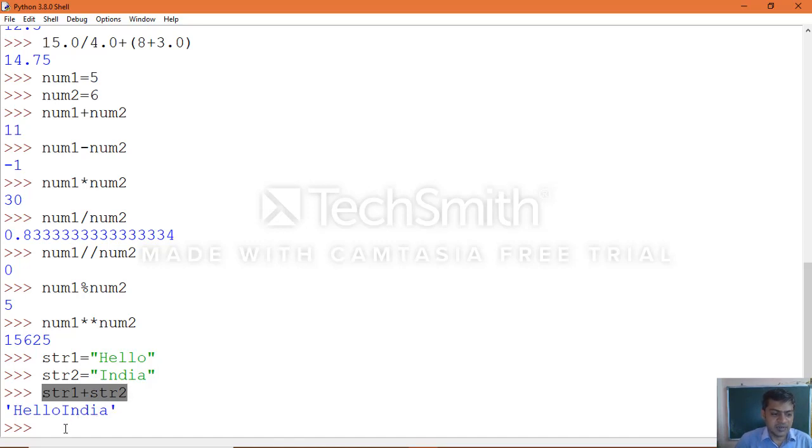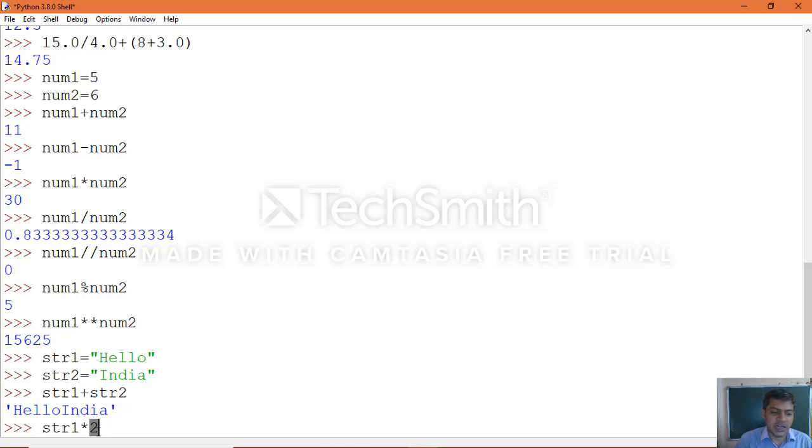Now the same thing you can work with, like string 1 multiplied with 2, which is not actually multiplication; the string value will be repeated that many number of times.